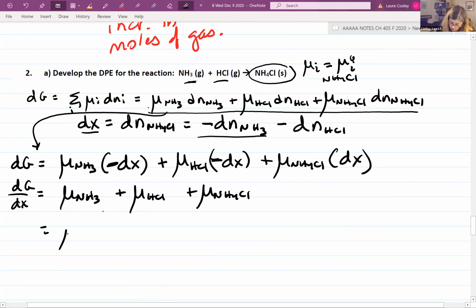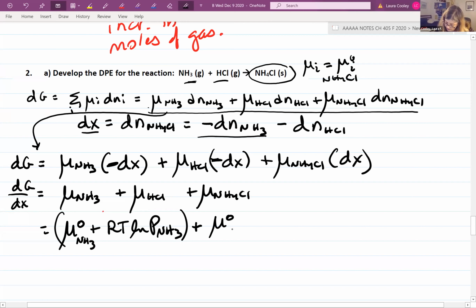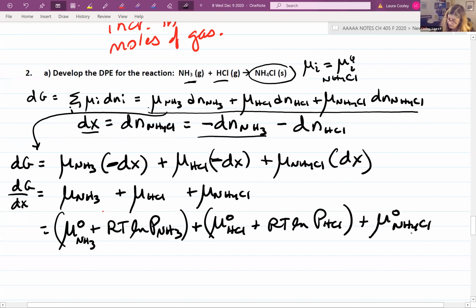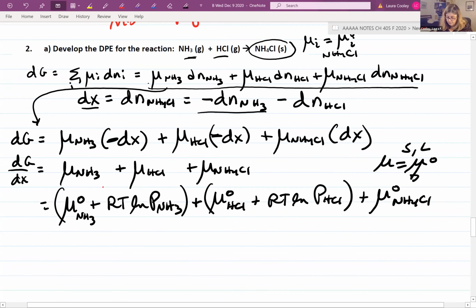And then for these two, you just add the RT log of the pressure to the standard Gibbs free energy for NH3. I forgot to write that in. And here we don't have any, because this is a solid. For solids or liquids, mu equals mu 0. There's nothing else that's needed. So grouping the mu 0 terms,